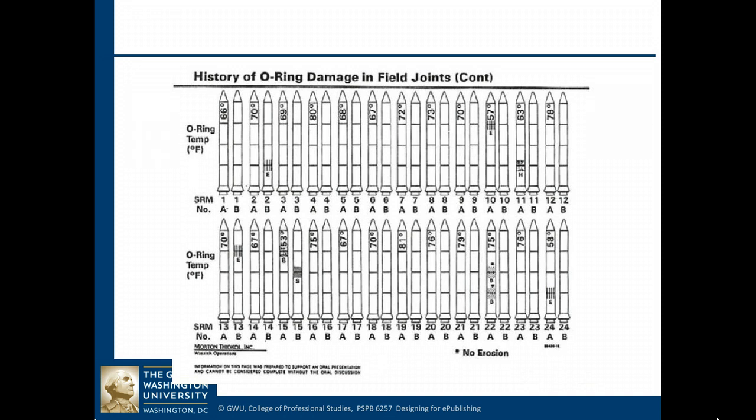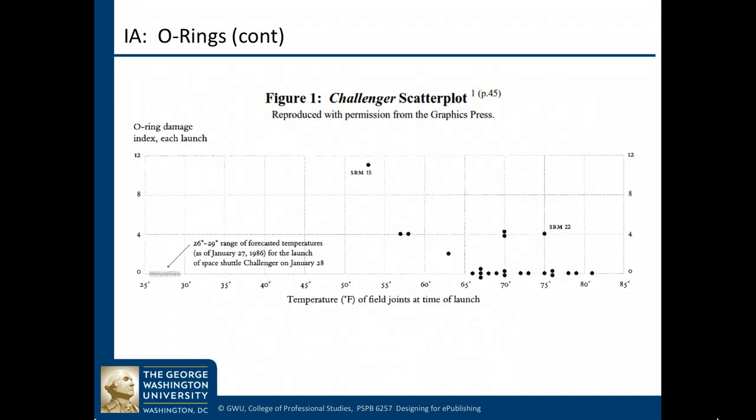be more O-ring failures. Now, what you've got here is a representation of each of the fuel cells and which O-ring failed, and from which launch and at what temperature. There was a series of charts like this. Now, what this didn't show was, while it was kind of interesting, it had what Tufte would call chart junk, and I welcome you to look that up. What it didn't show was the times of when those O-rings were damaged and the extent to